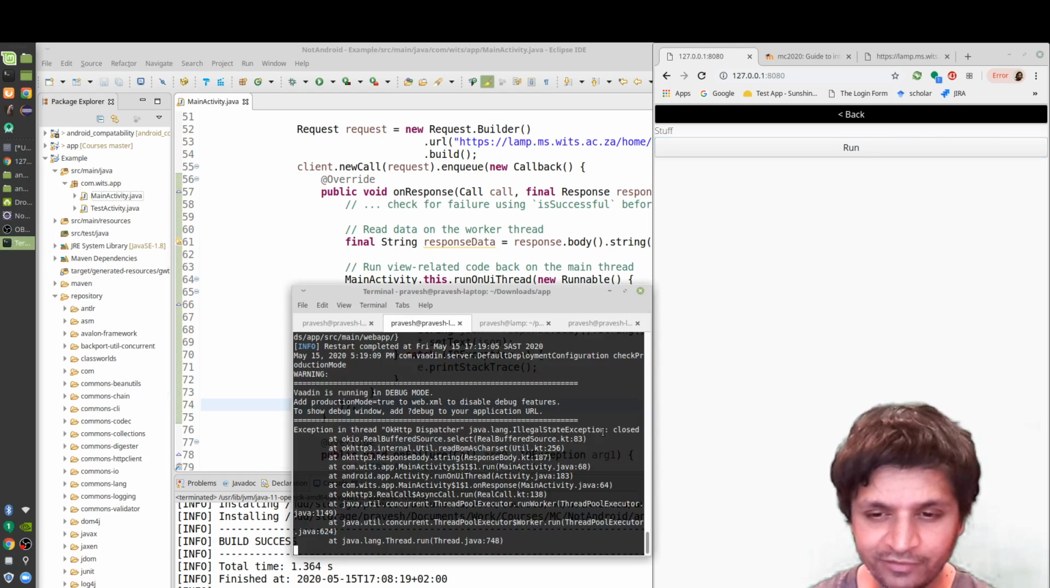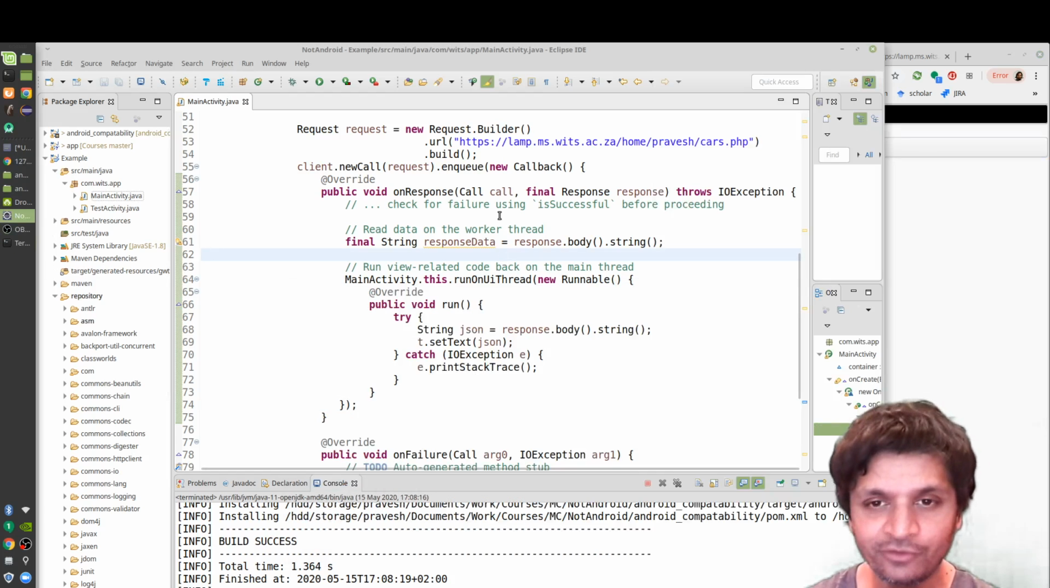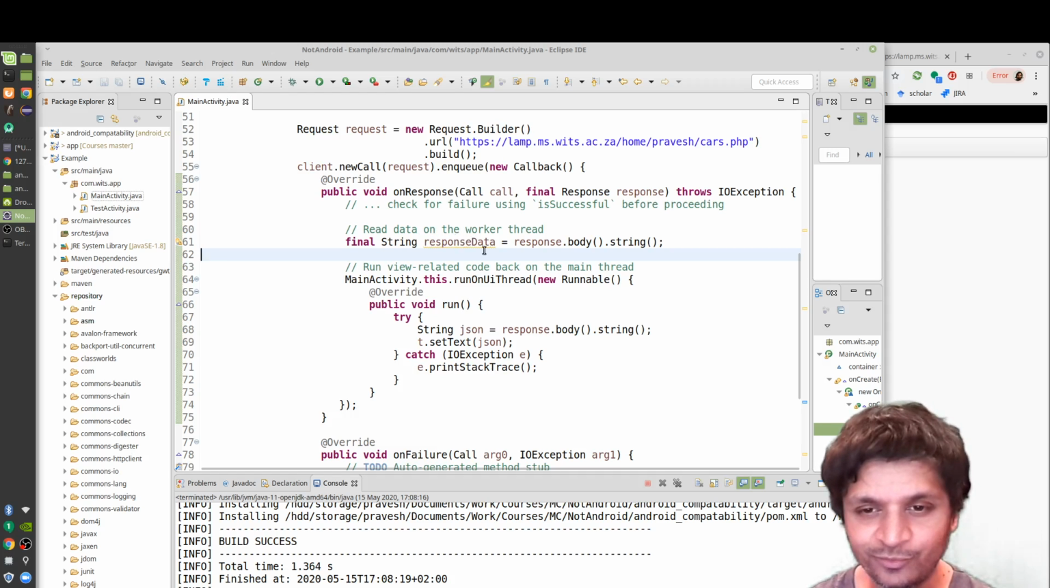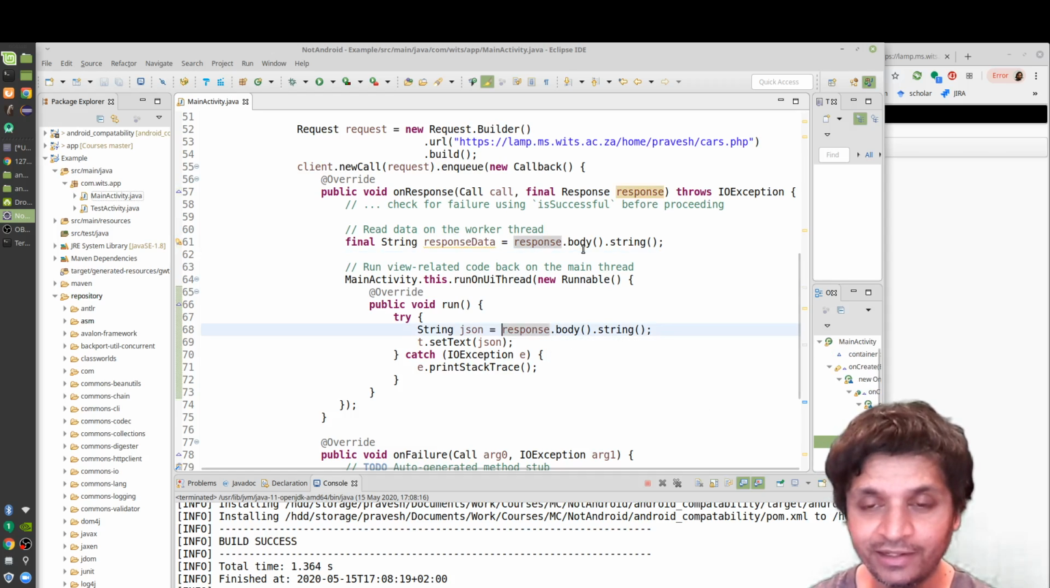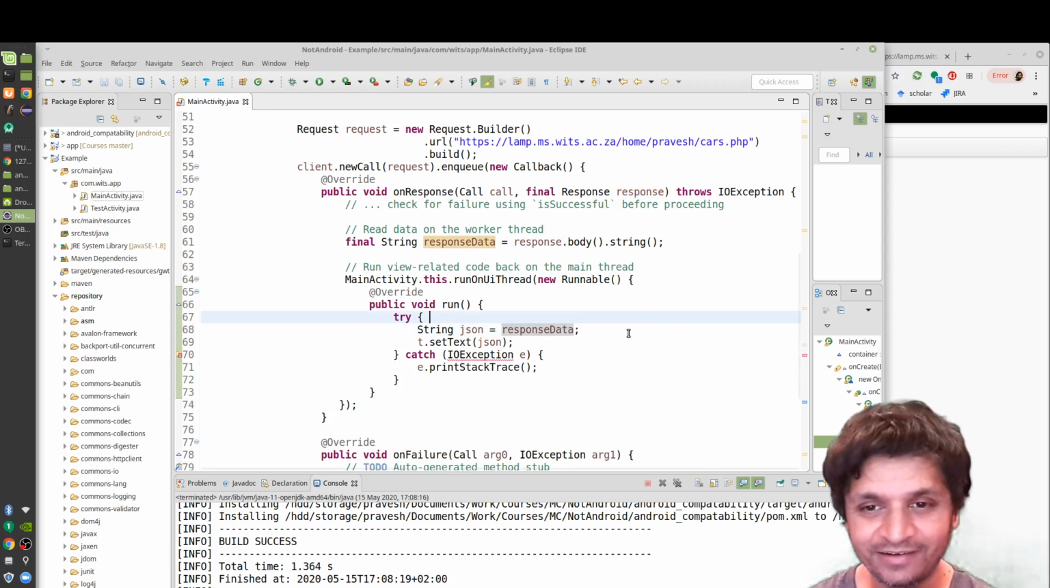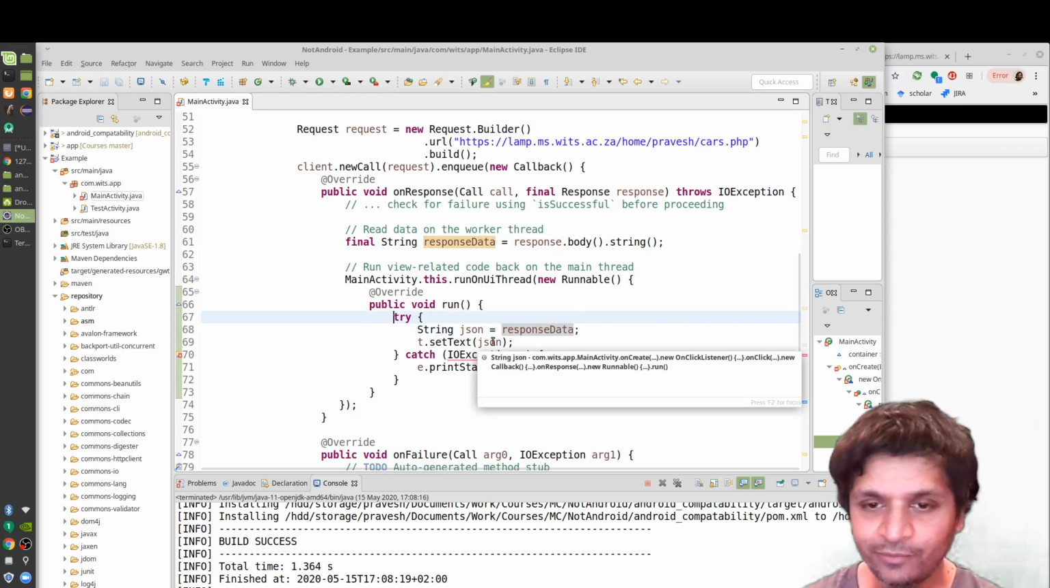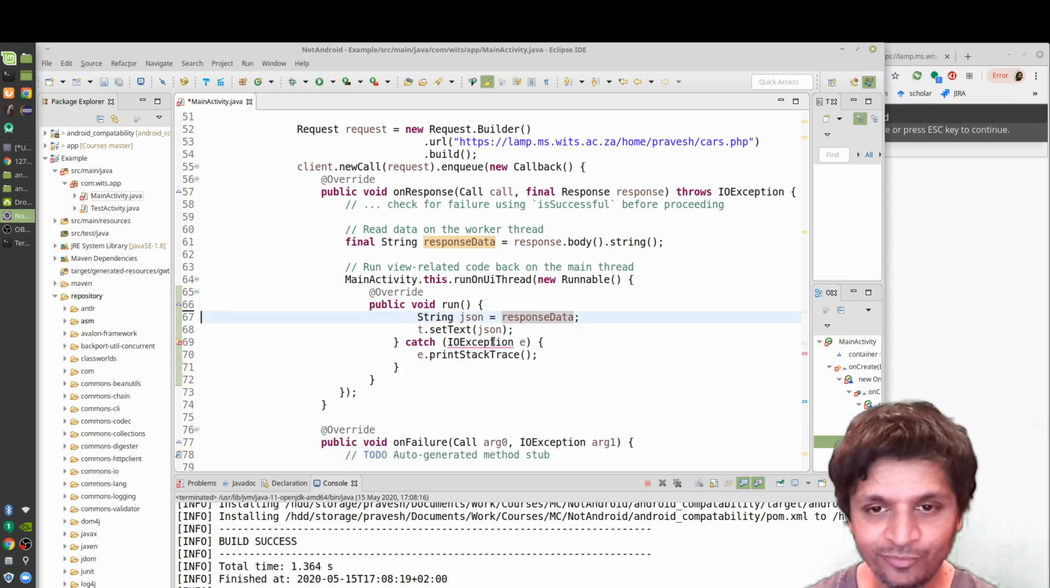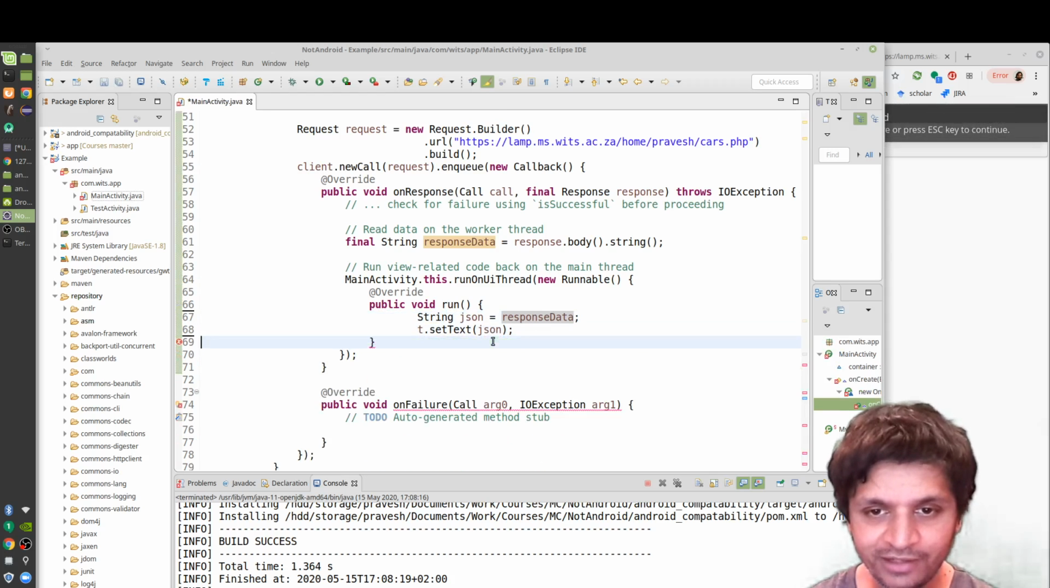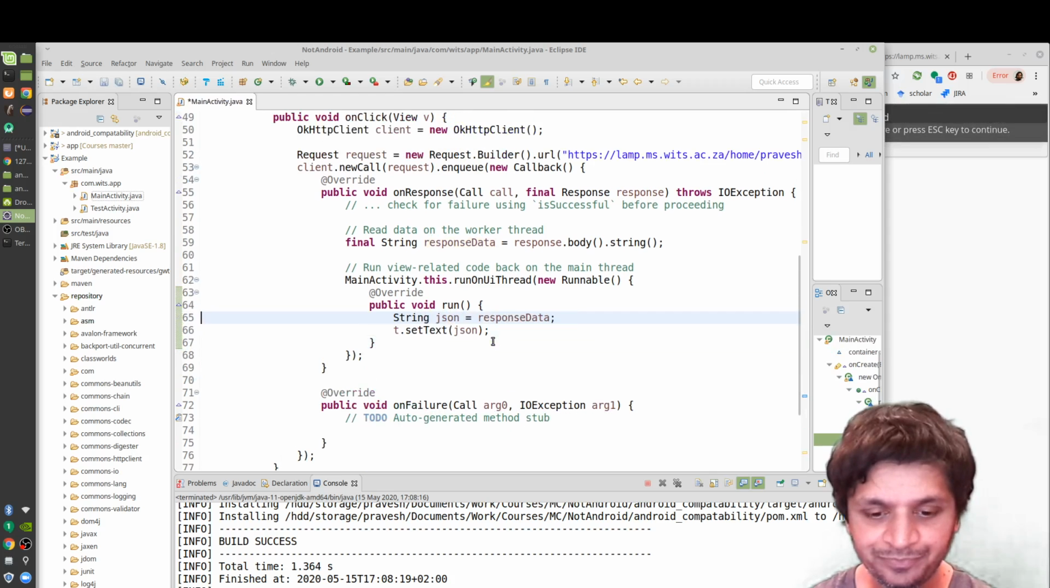So it says illegal state exception closed. Okay, so what's happening is that I already read the response data as the string responseData, so I can't read it again because once I read the body, it closes. So I'm just going to say string json equals responseData because I already read it. I basically can't read it twice. What it says then is there's no possibility of an exception happening, so I can take out that try catch